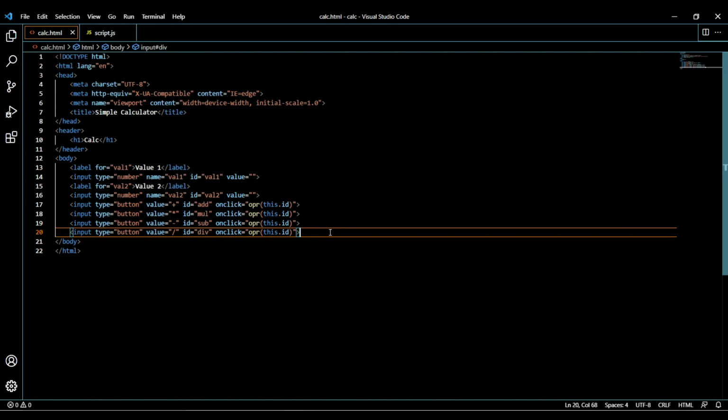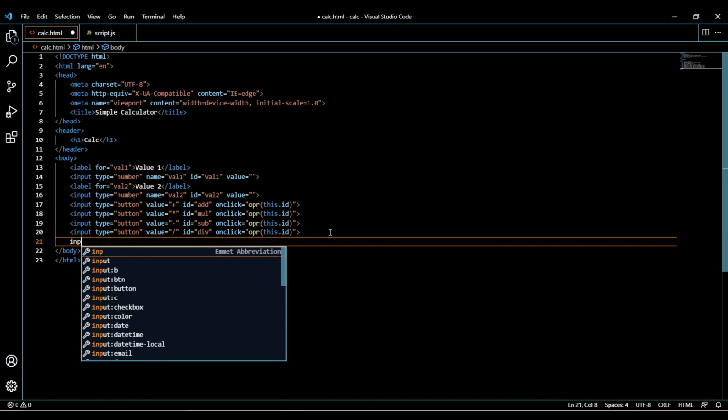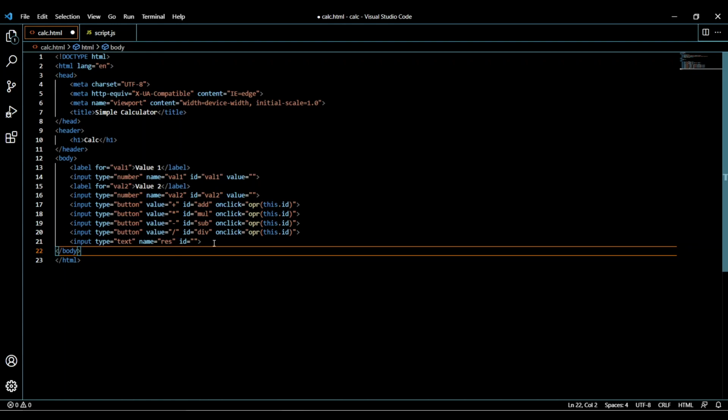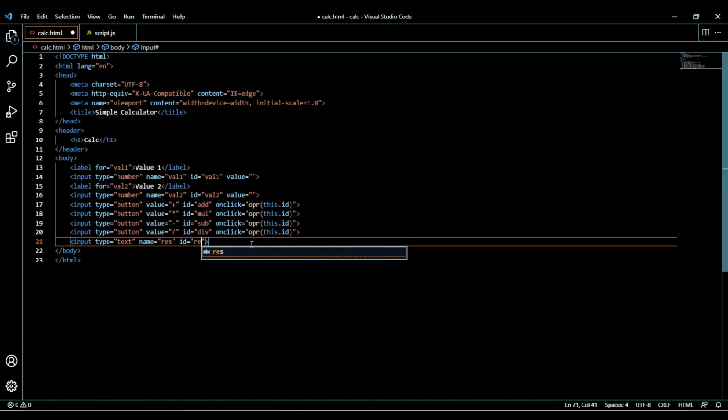Next we are going to display that thing, the result. So we will use input type text for that, name result, and value again we're gonna leave it empty and we'll disable it. Yeah,